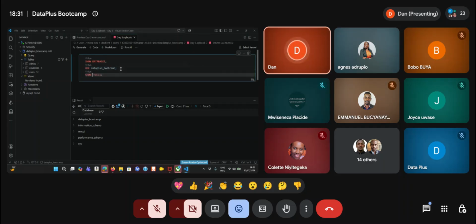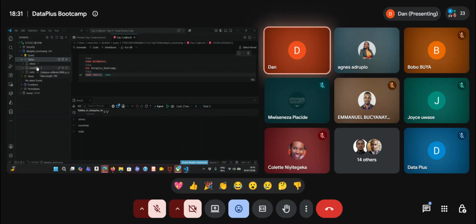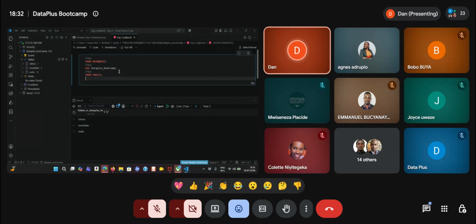So if I say show tables, you see it's suggesting it will show me the tables in data plus. They are here, clinics, countries, visits, which are the ones that are here. Okay. So you can interact with it using code or the interface. Also, now today,